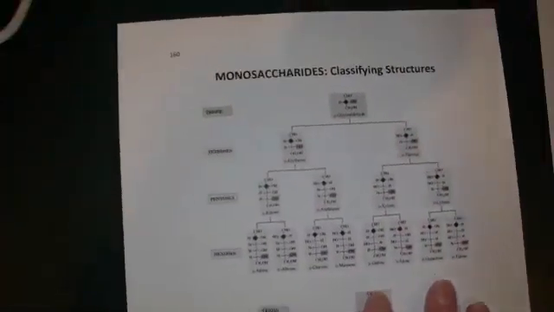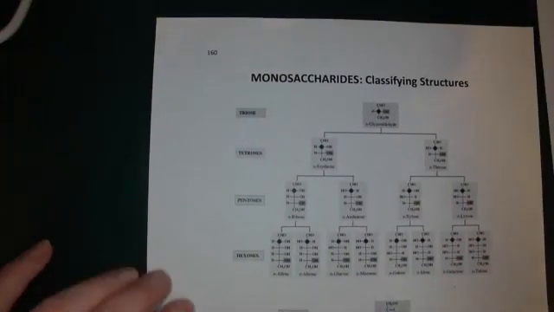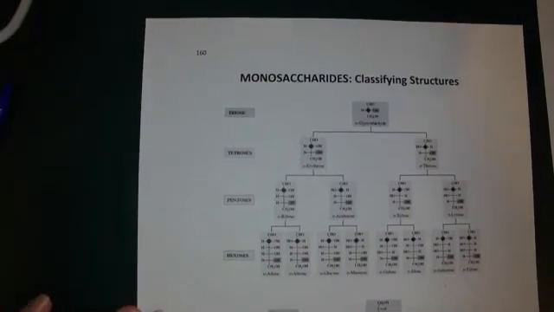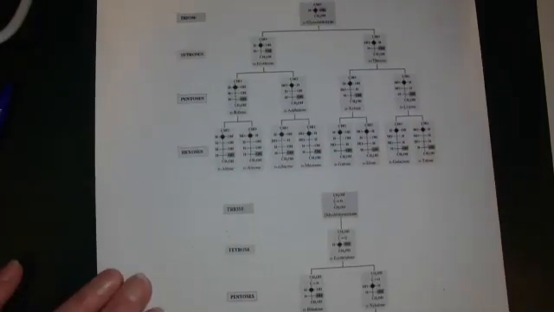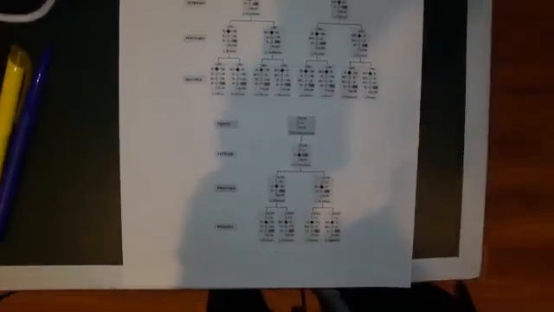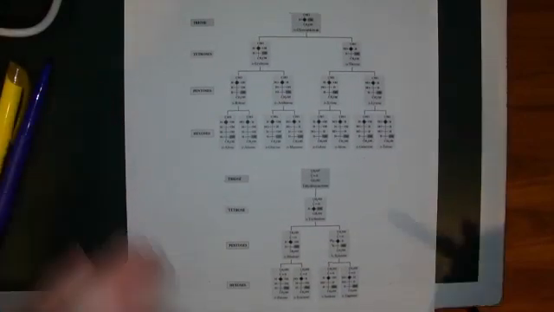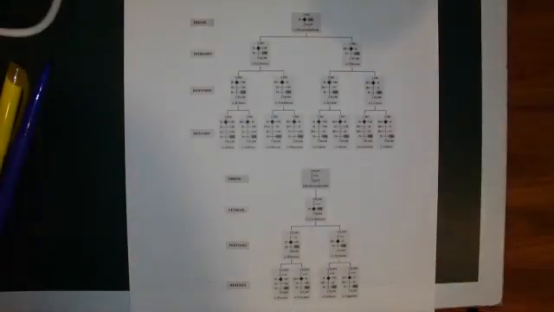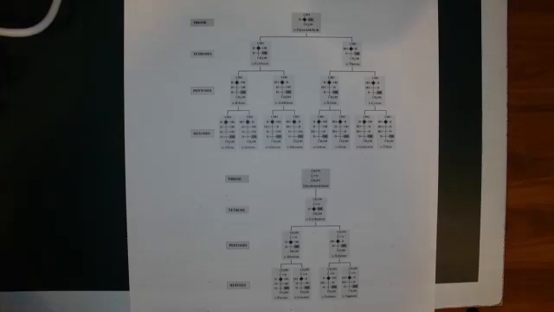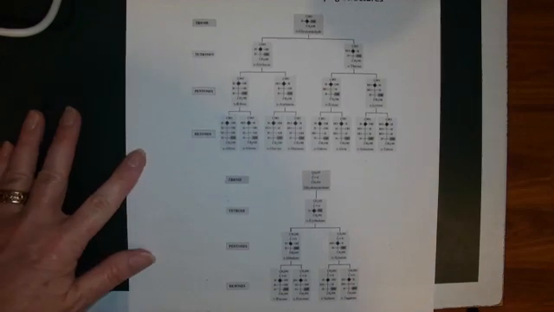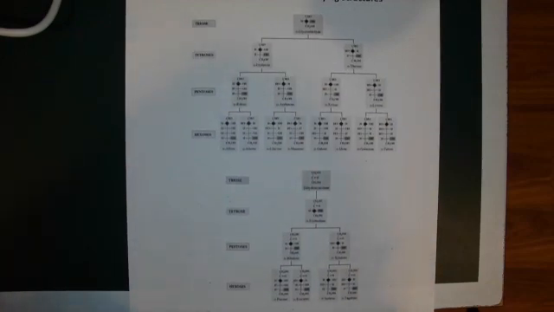Please join me in turning the paper over to page 160. The caption on the top of this table is monosaccharides classifying structures. Sure enough, let me zoom out just a little bit. All the structures on this page are monosaccharides. So everything on this page is a monosaccharide. It will be easier for you to identify that once we identify disaccharides. Then it'll be more apparent to you how to notice that these are all monosaccharides. But for now, I'm telling you these are all monosaccharides, but there's a couple of key differences among them.